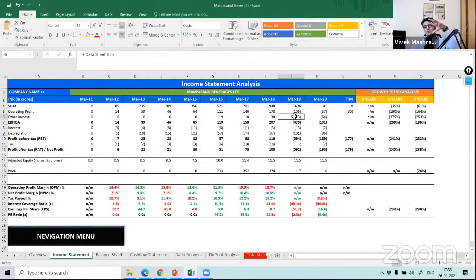Then you go to the annual report and see the notes to all this other income, and then you will find the aha moment, that okay, I did not see this. So this is how, and again, I've done this slightly quickly, but this should be the flow and you should be doing the thought process.